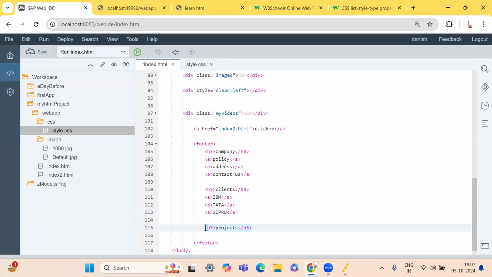So two is enough. I think that's enough to give you an understanding of what you can have in the footer. So let's come, and then we need to pass the href for each of the things, and for each of the things, we can have the same address that we put that time. We can have HTTPS, and we can write www dot. Every time you click on it, it will take you to google.com,